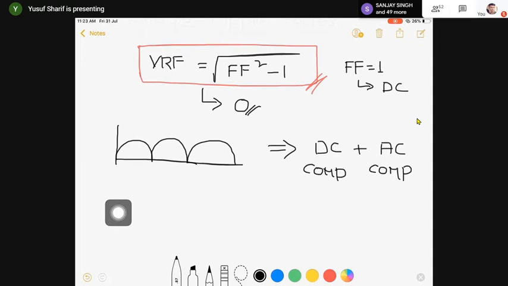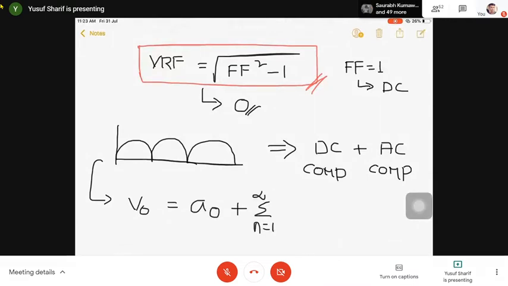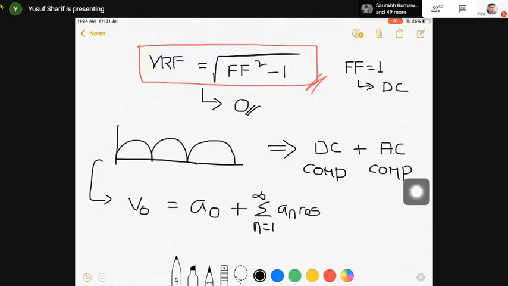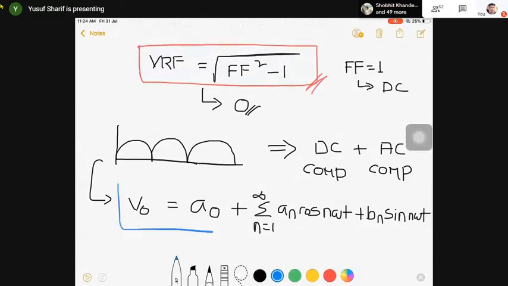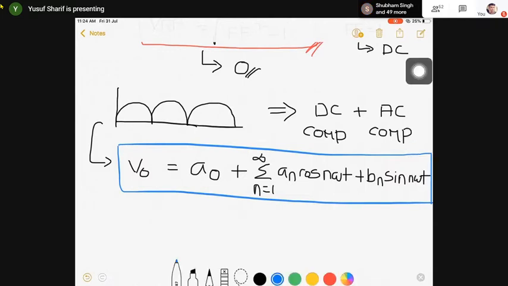Fine, कोई बात नहीं. Let me write down an expression. You might be familiar with this expression. See this expression. इसको आप देखिए. Okay, fine. So this is the expression you might have seen. Definitely आपने पढ़ा होगा ये. This is nothing but you get it from a Fourier. ठीक है? अगर इस signal को मैं दूंगा, तो you will be getting a DC component as well as some AC component. ठीक है? So you can see over here. यहाँ आप देख सकते हो. What is this? This entire thing is nothing but the AC component that I have.